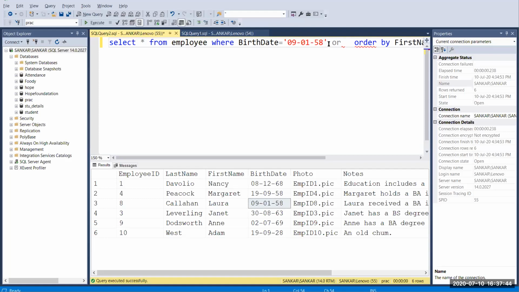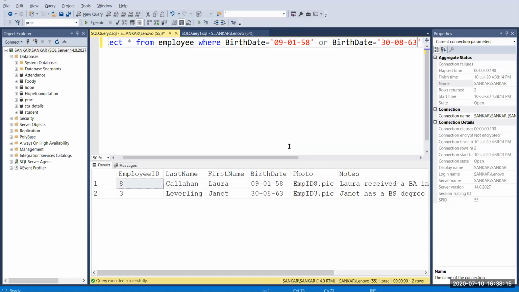If we give AND, only the records that satisfy both conditions are printed. Here I'm going to pass the birth date, and here I give 3863.